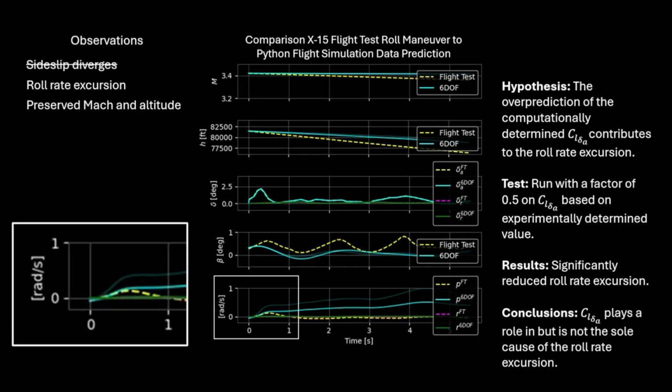Let's focus on the first 1 second. We see a tale of two timescales, visually distinct at 0.5 seconds. Before 0.5 seconds, we see a fast rate of change that almost perfectly follows the flight test data. This is due to the aileron pulse, which achieves its peak value just before 0.5 seconds. The corrected CL del A seems to have corrected this rate of increase. But after 0.5 seconds,